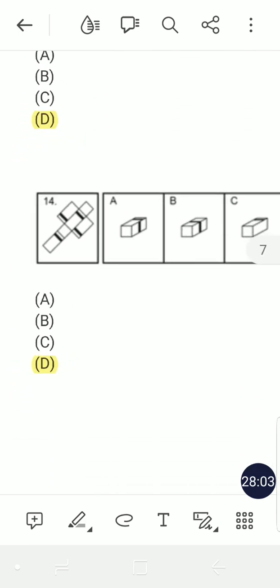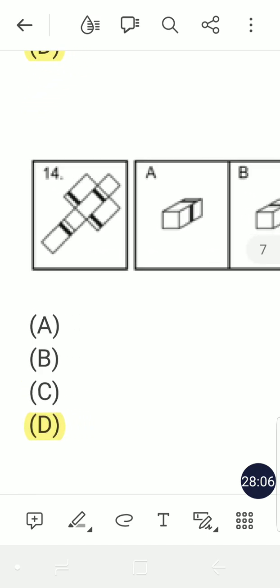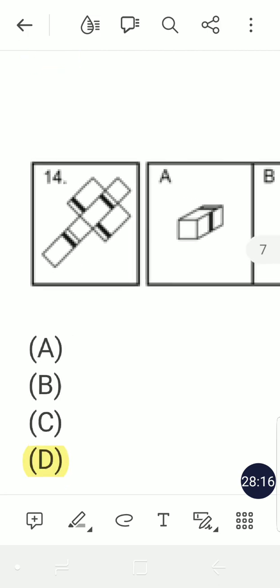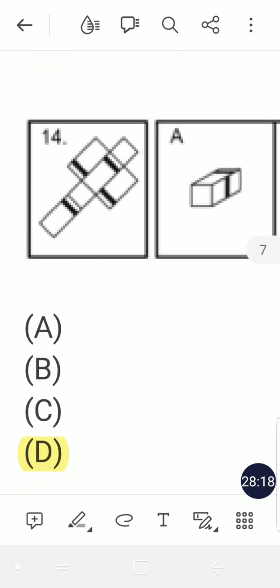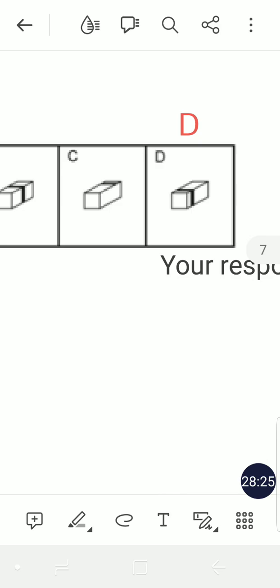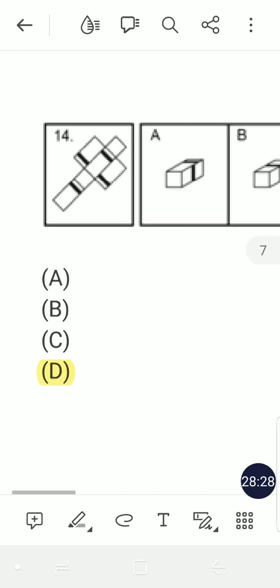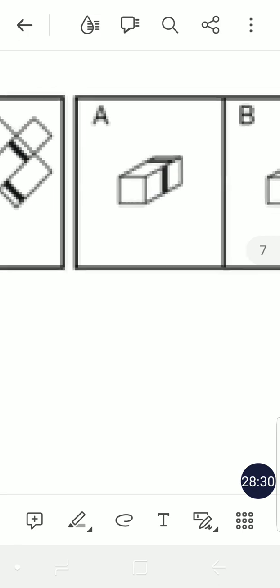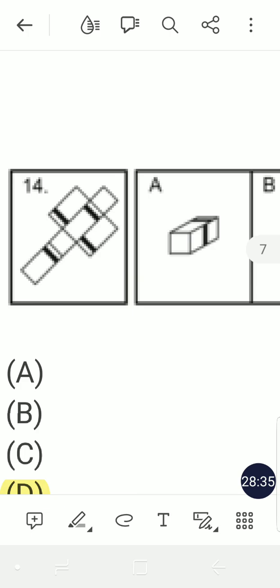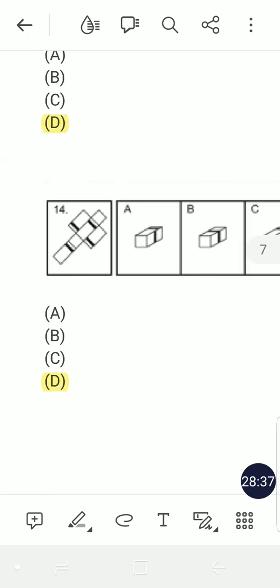Number 14. To be honest, this is the hardest question that I found so far, and I have no idea. To be completely honest, I have no idea how the answer is D here. But then when I look at it, it's just hard to find the sequence. So,